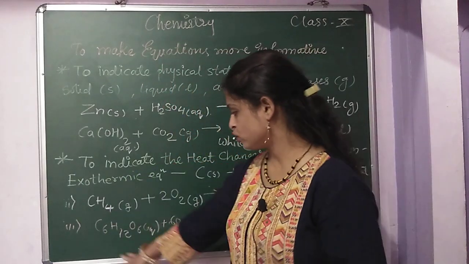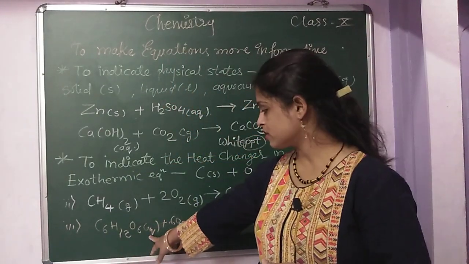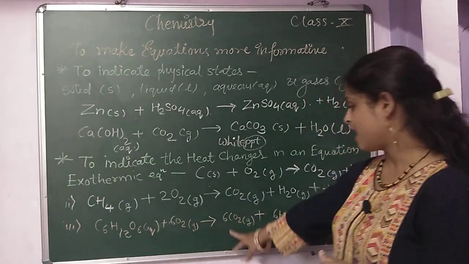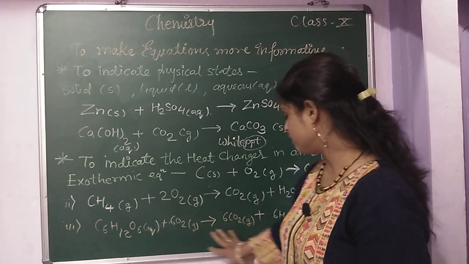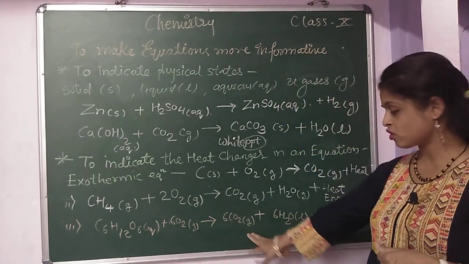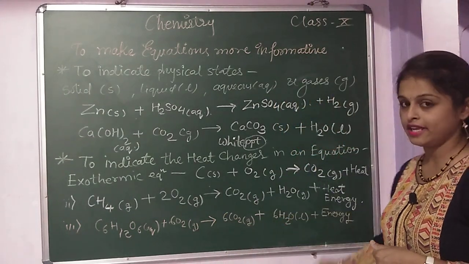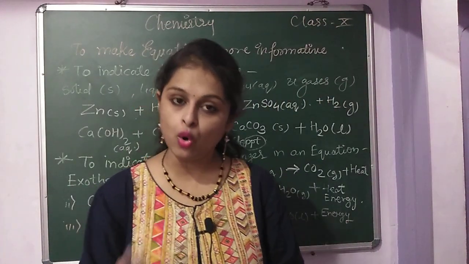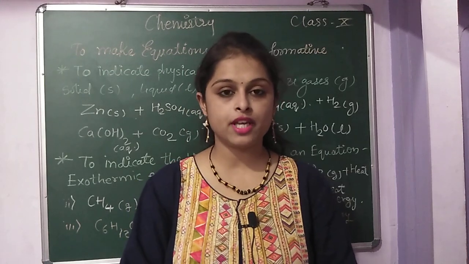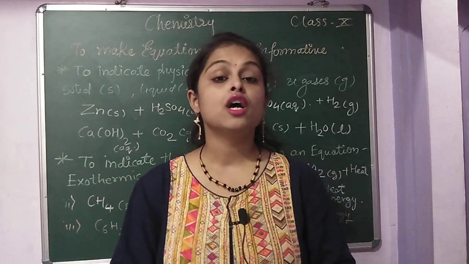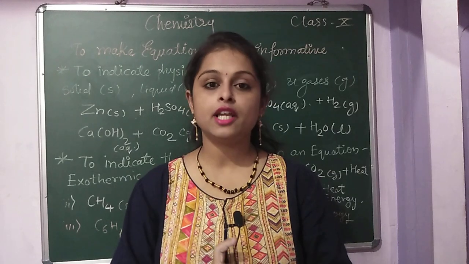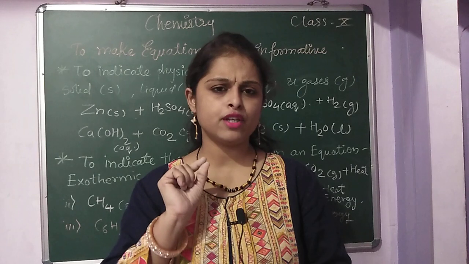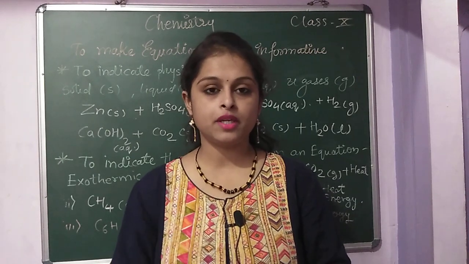See here, I wrote the formula of glucose. Glucose is in an aqueous form. This oxygen is in a gaseous form, and when glucose combines with oxygen, it gives carbon dioxide, then water molecule, and then energy. Along with this, I hope all understand the exothermic reaction, how very important it is for writing the chemical equation. Is it clear?